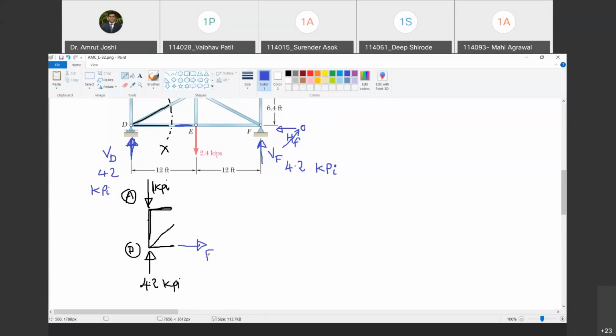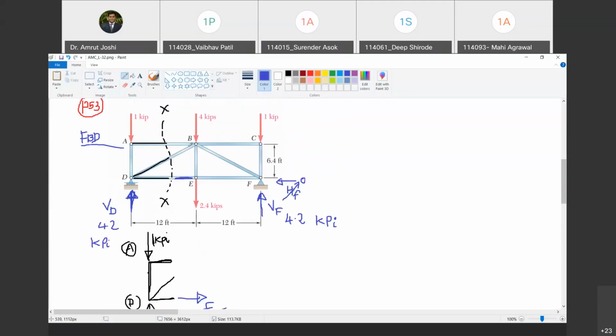And that force I am going to call FDE. Similarly, I am going to now show the force exerted by the part of member DB marked in blue on the part of member DB marked in black. And I assume that member DB carries tensile force. Therefore, this force must be pulling the left hand portion of member DB towards section XX. Are you with me? Yes, sir. And I'm going to call this force FDB. Happy? Yes, sir. And now what am I going to do?